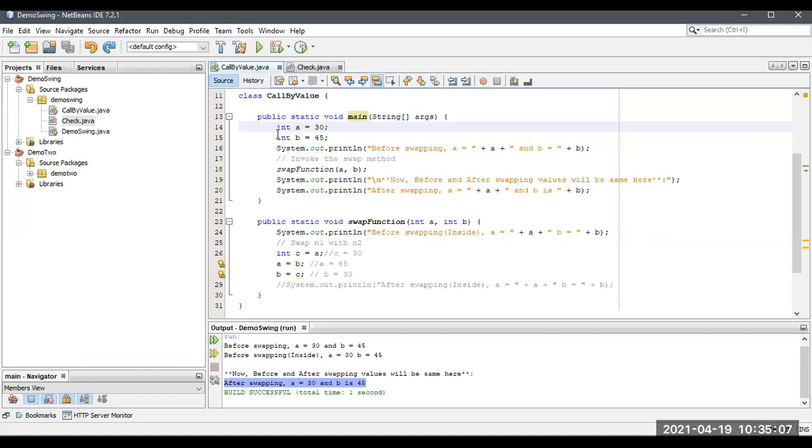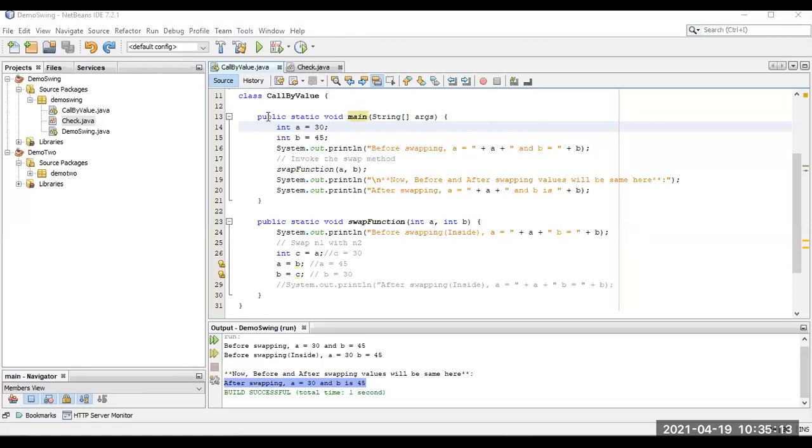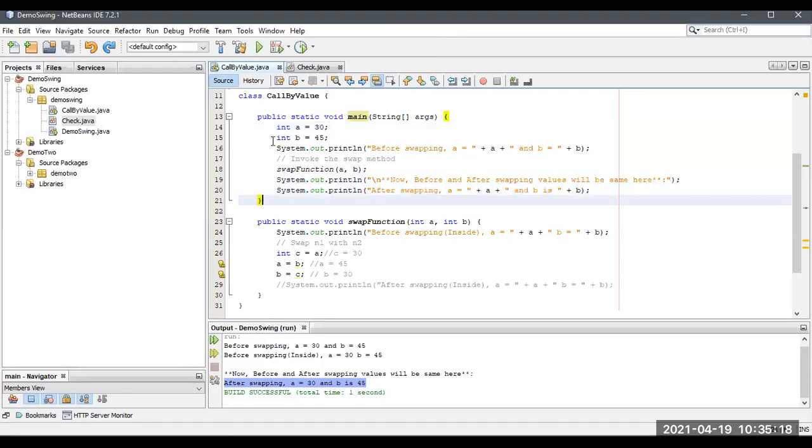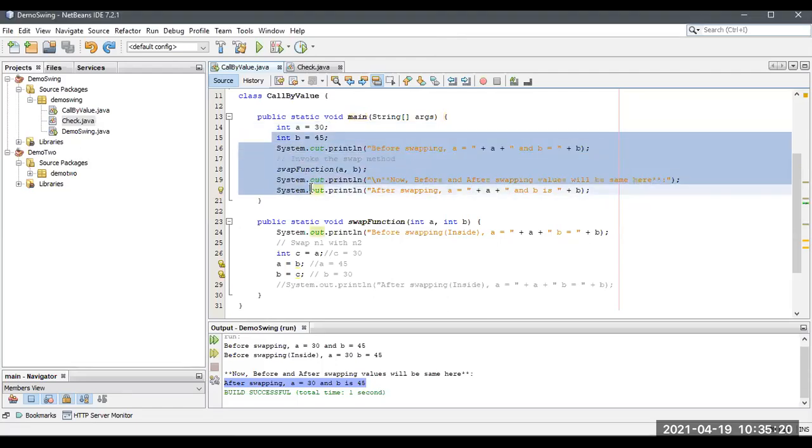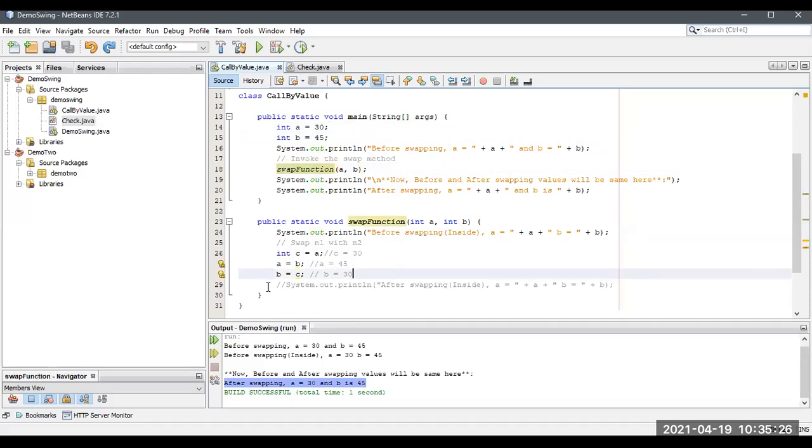These are very important. That's why I'm taking so much time to explain this. Okay. So if you want to change it inside this, you have to use call by reference inside this method. This is a calling function. If you want to change over here, that doesn't matter what are all the things, it will be changed. Why can't it change? Because we are assigning those values to some other temporary variable, and I'm swapping that one.